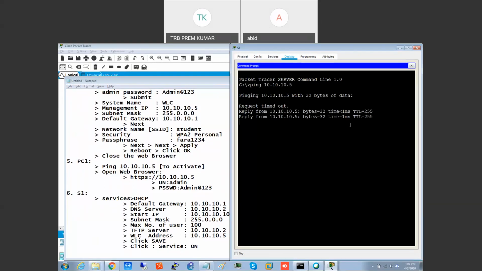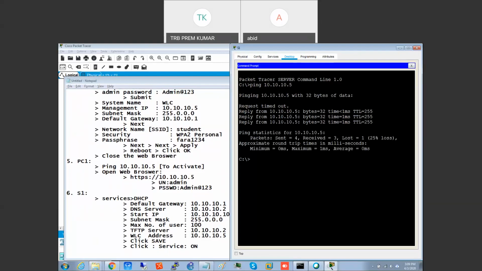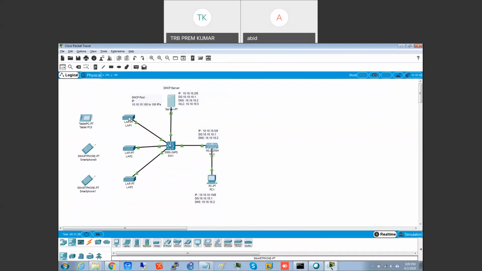Okay. So what we need to verify now is if it's really working or not. I'll just keep the mouse here. The IP address is coming now. 192.168.1.3, right? That's correct.